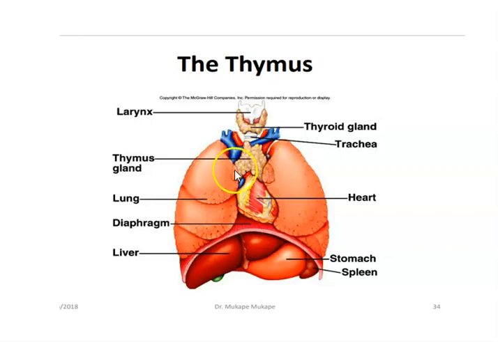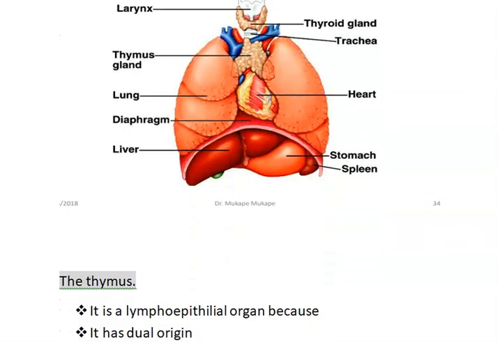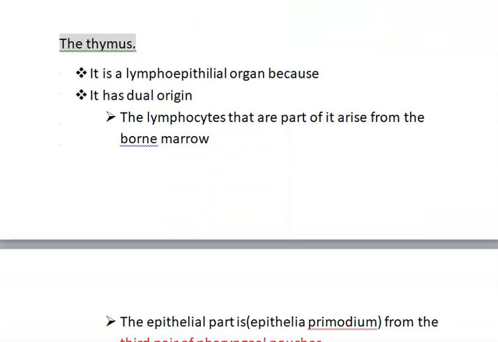It is in the mediastinum, and it is found in the superior and inferior mediastinum. In the inferior mediastinum, it is specifically in the anterior mediastinum. So this is the structure that we are considering, the thymus. We have to know that the thymus now is a